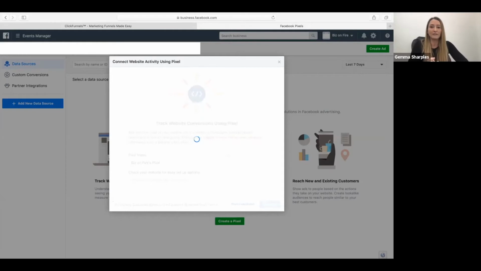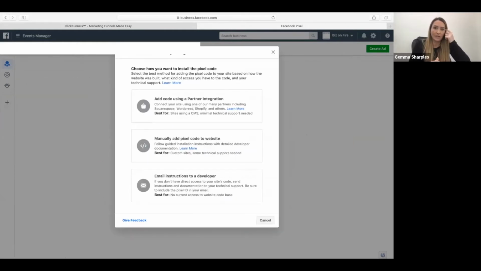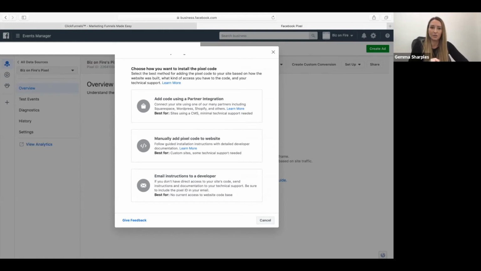And what happens here is it's just loading up. Here we go. Now it's asking us, how do we want to install the pixel code? If you think, oh, I wouldn't even know how to do this if I had a web page, there are partner integrations, so you can connect to different sites where you can get that technical support, so someone can do this for you